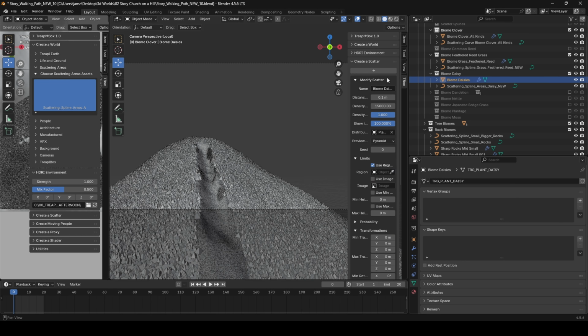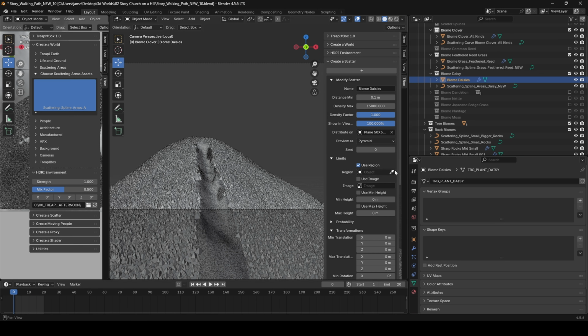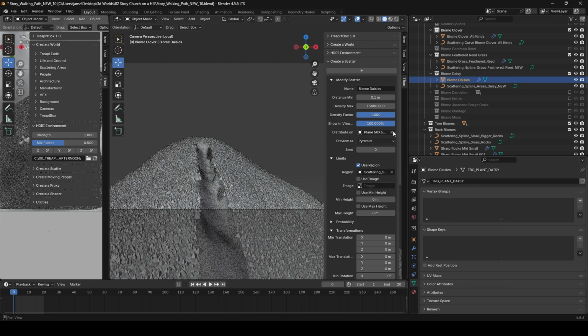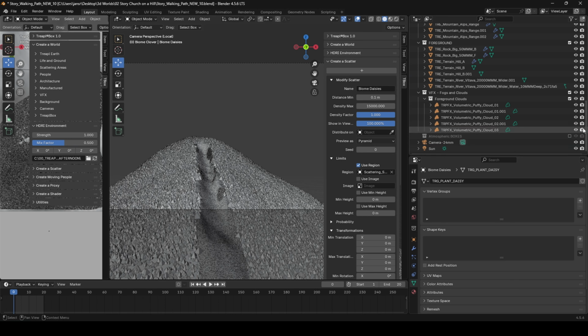Let's close grade. Well, this is the daisy scatter, and use region. The limitation region is this one. Daisy is new, and let's distribute on the hill. Let's go down. It's hill A. Let's pull it on hill A. All right, now